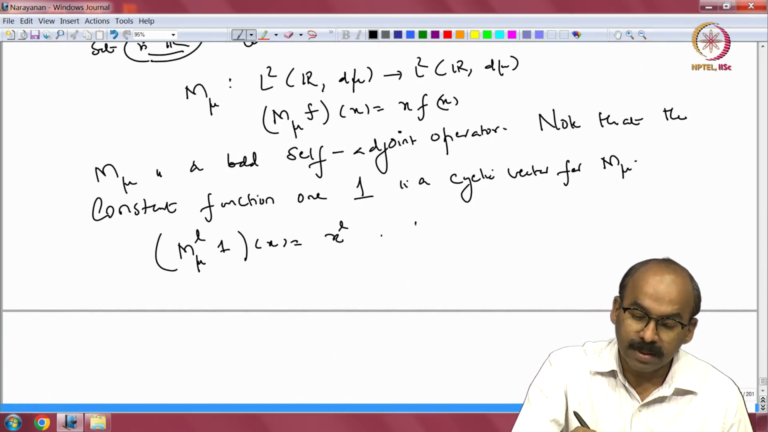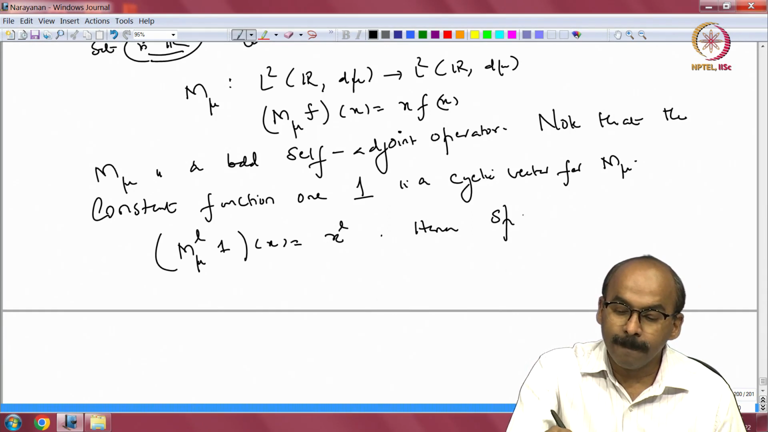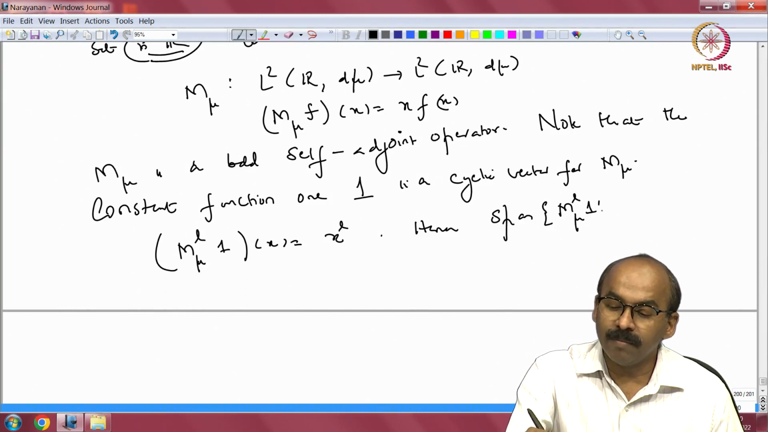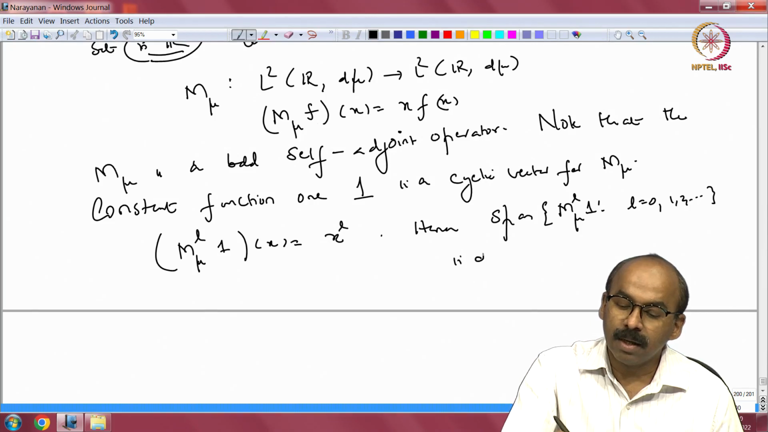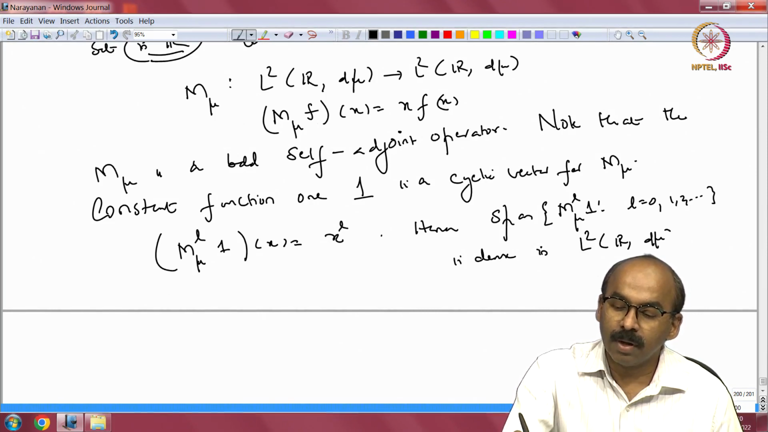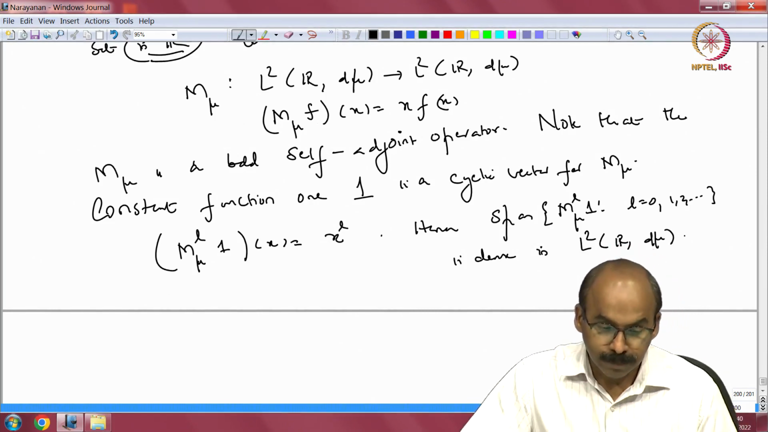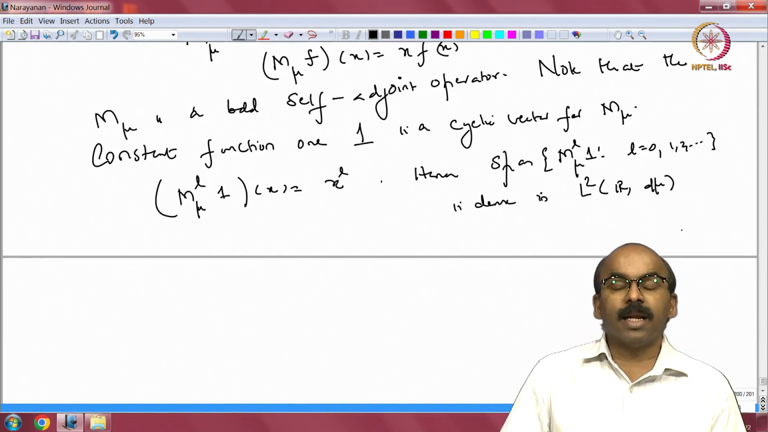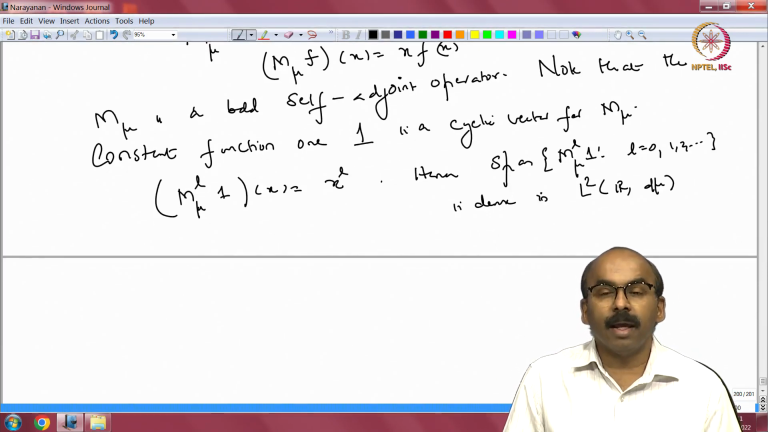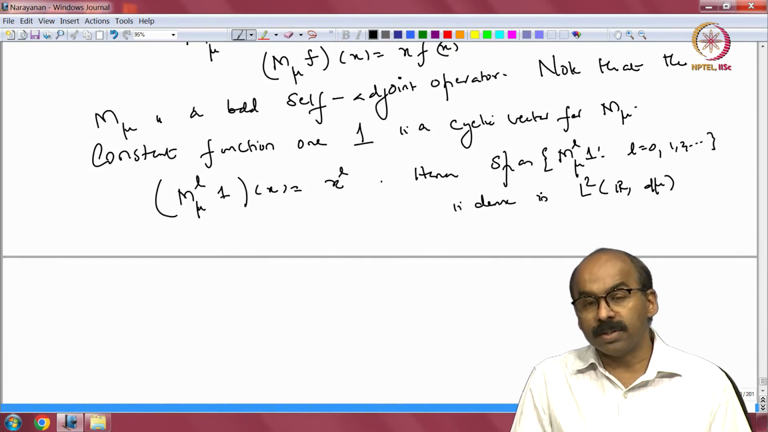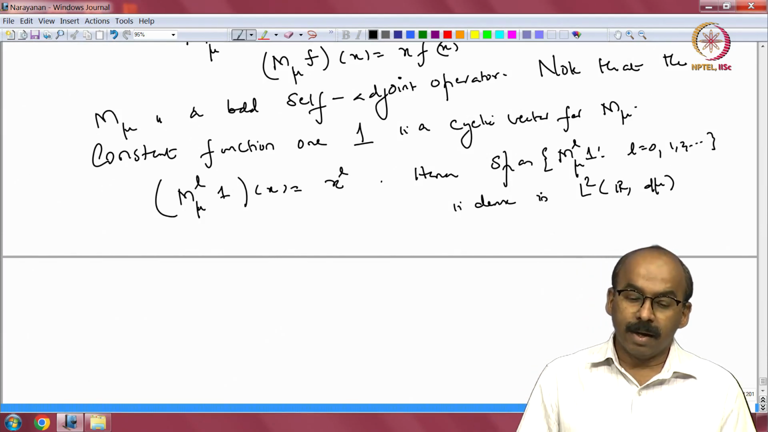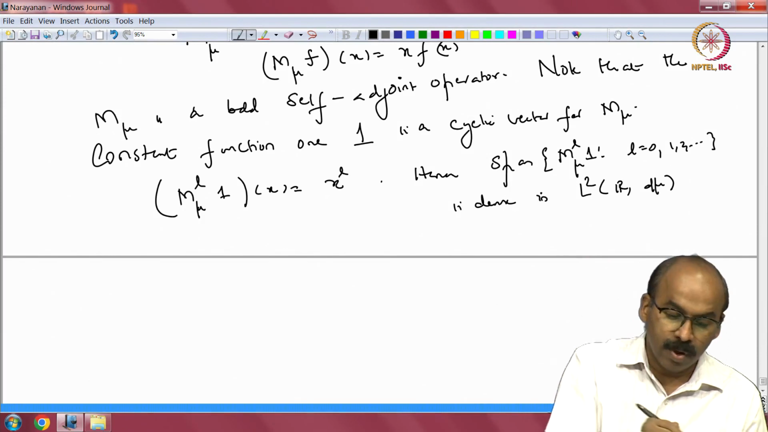So, since the span of m mu L acting on 1, L equal to 0, 1, 2 etc. is dense in L2, right. So, it is a cyclic vector, and the spectral theorem says that if I have a self adjoint operator A which has a cyclic vector, then the cyclic vector V can be mapped to constant function 1, and I can write A as multiplication by x, right. So, the spectral theorem